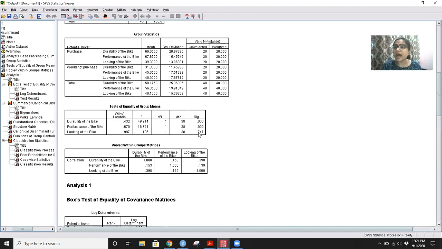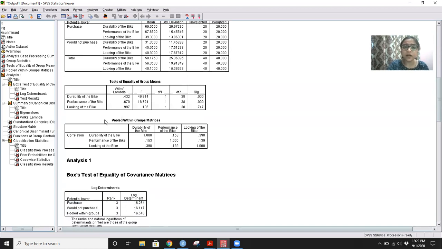That means I am not able to reject my null hypothesis, which is that group means are equal. That means my independent variable looking of the bike does not do a good job in discriminating between the groups. Fine. So that was about these two tables.